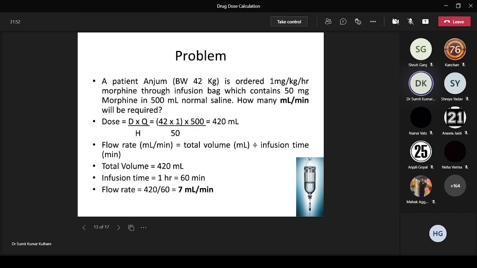Without the formula also some people can solve this. There are multiple ways you can solve this question, but if you use this formula correctly, you can see just in 5 steps you can get the answer. By other methods, you will be confused and it may take some time. But if you know this formula well, it would be much easier, and within 4 or 5 steps, within 2 minutes, you can easily solve any question on the drug dose calculation.